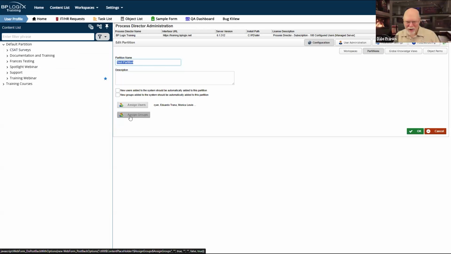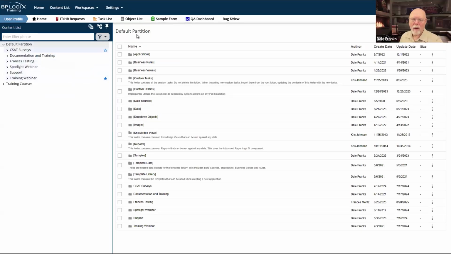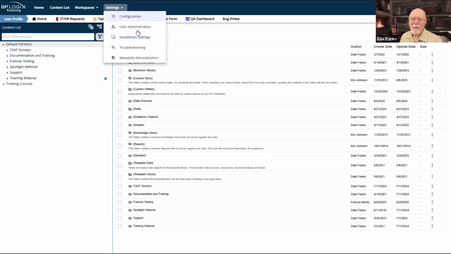And so I'm sitting here trying to make my group picker work, and it never works because I have not gone into the partition and assigned the groups. So when your groups get created, especially if you have multiple partitions on the system, you need to assign users to those particular groups. Now, well, that's not what I wanted to hit.